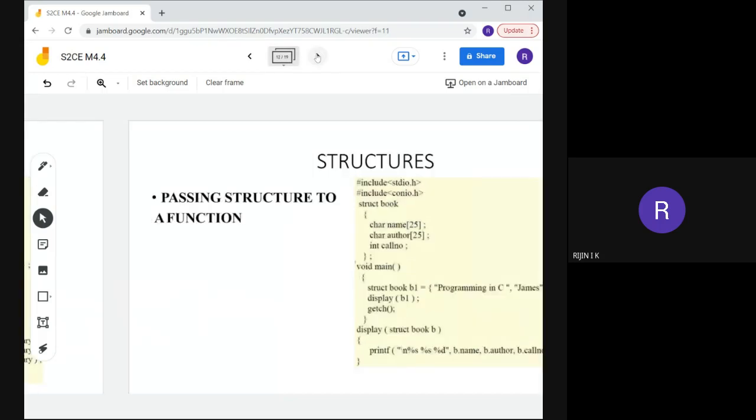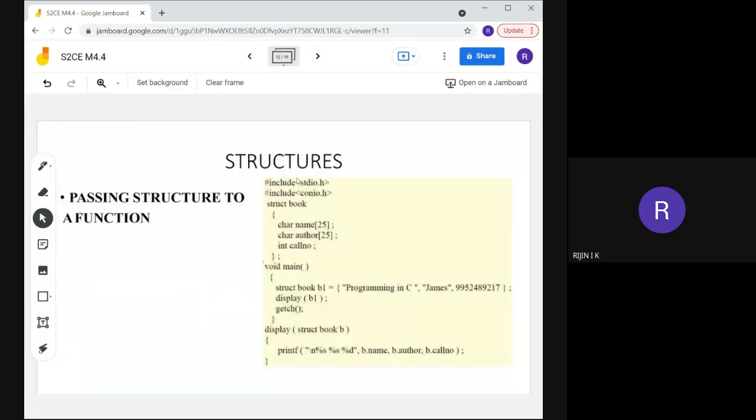Then next is passing a structure to a function. Like a normal parameter passing mechanism, you can pass the structure variable to a function. What a function is and how we pass parameters to a function, all that we already studied.